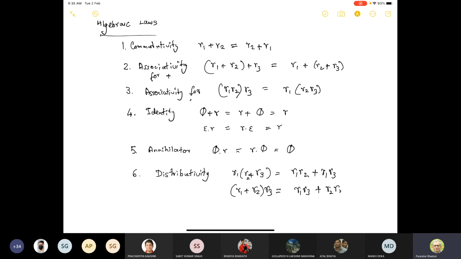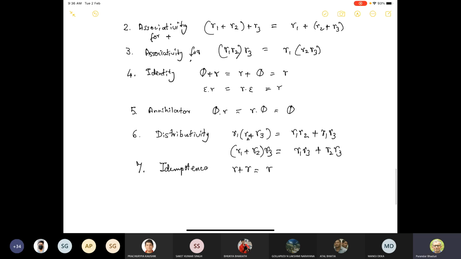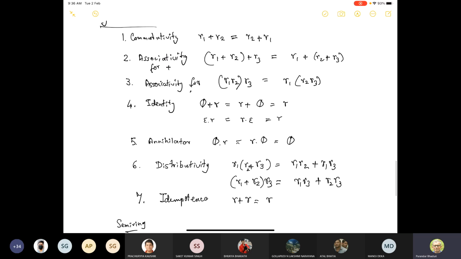So R2, R3. And then we have idempotence of addition, of course, not of multiplication. And then we have closure, which means that all these operations are closed. So anyway, the algebraic structure here is called a semi-ring. And it's a fascinating topic,